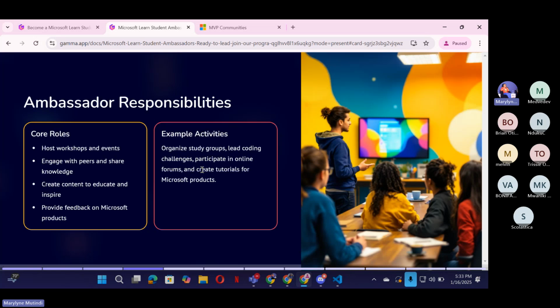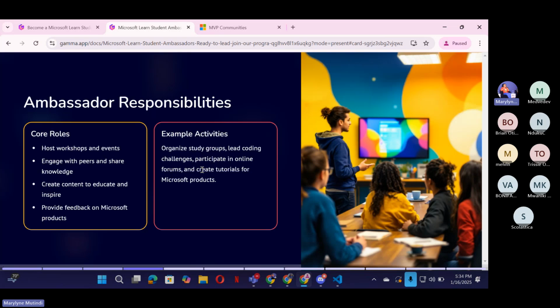These events focus on helping others learn about Microsoft technology such as Azure, VS Code, GitHub, and more. Ambassadors are expected to create an inclusive environment that encourages learning and collaboration, while also showcasing their leadership abilities to manage these events